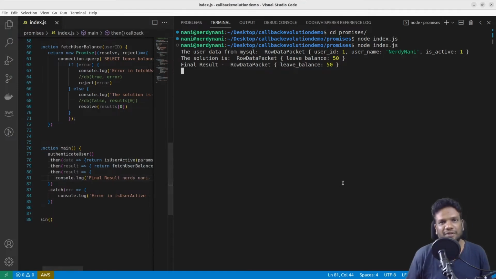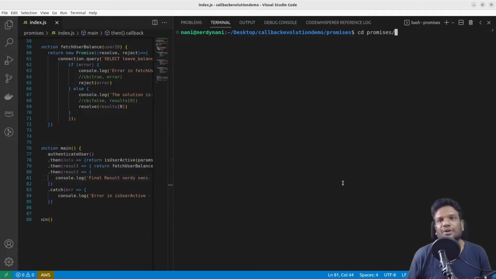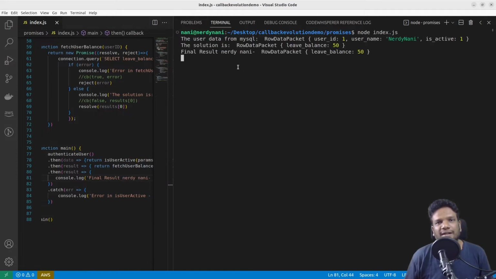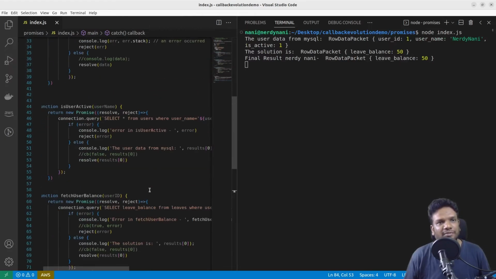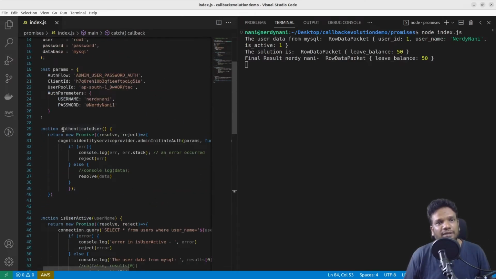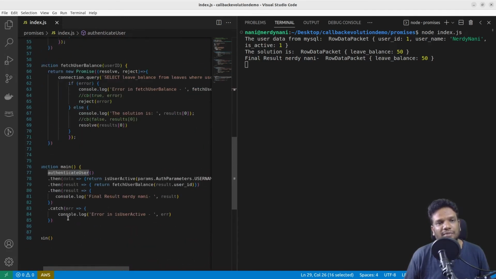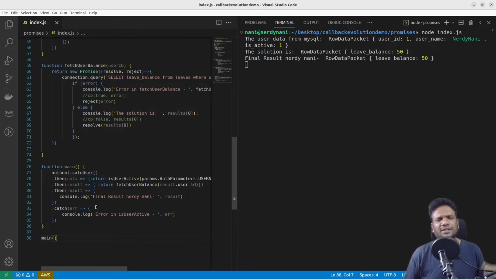In order to check whether we are getting the right output or not, I just added this NerdyNani. Yes, we are getting the same output. So we are getting the same output as what we've seen in callbacks, and when we actually use .then, here in this authenticate user, and finally we use the main function. So this is how we convert callbacks to